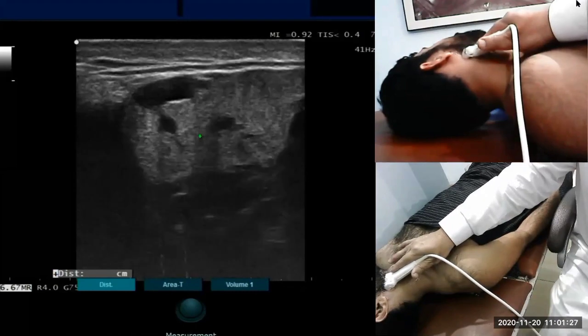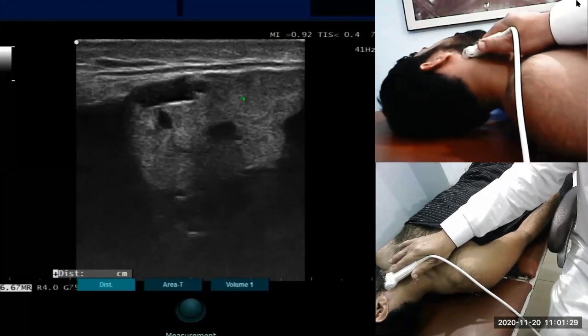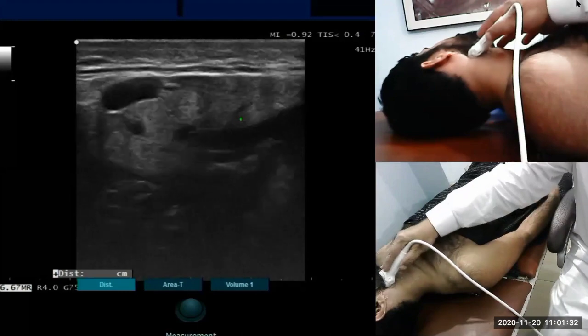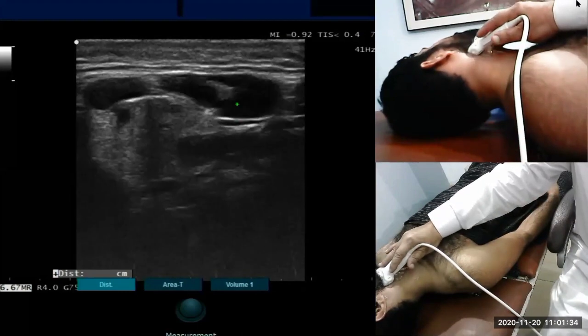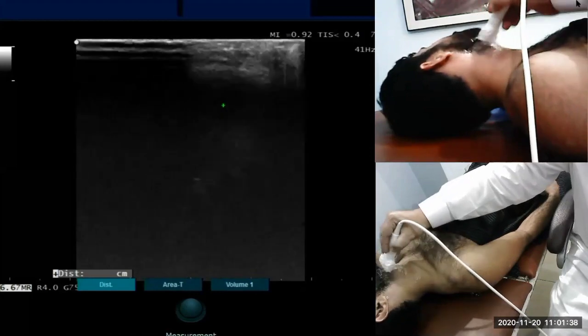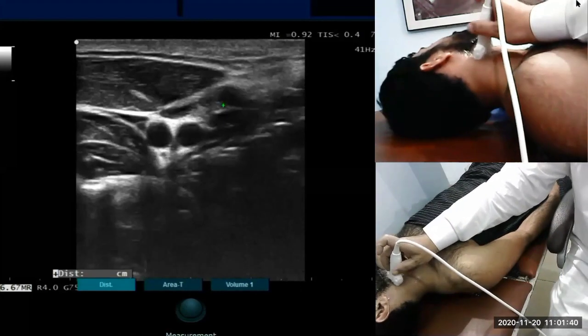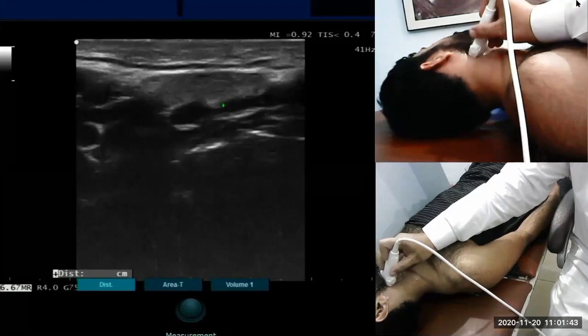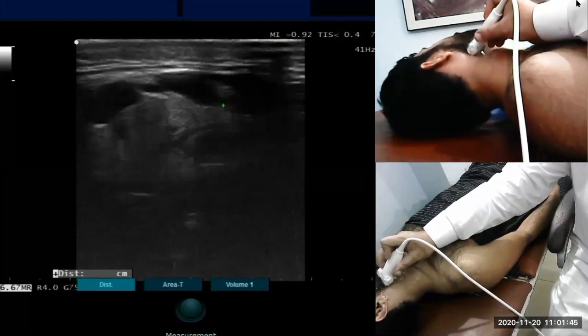The submandibular gland. Also, you can see some lymph nodes here. And now, after looking upon the submandibular gland,